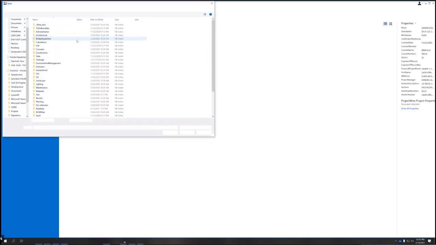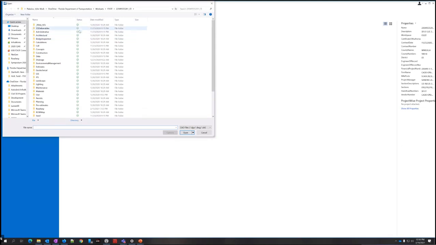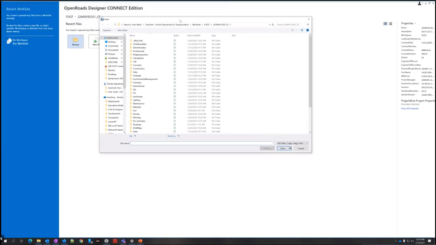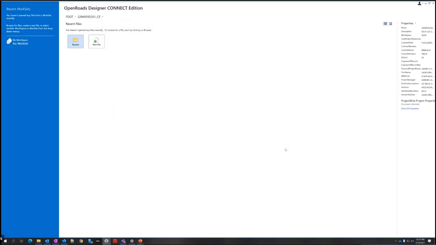And then we want to click Browse. This is exercise 1.1, step 1. It should take you directly into your worksets folder and into this particular workset. Just scroll to the bottom and open up the _blank file.dgn. We want to create a new file, so we just need it open so we can access the F.ribbon.